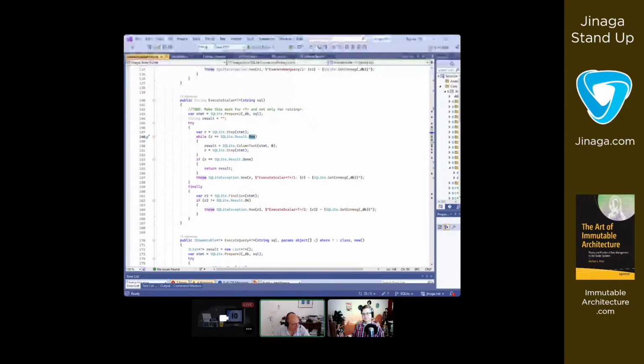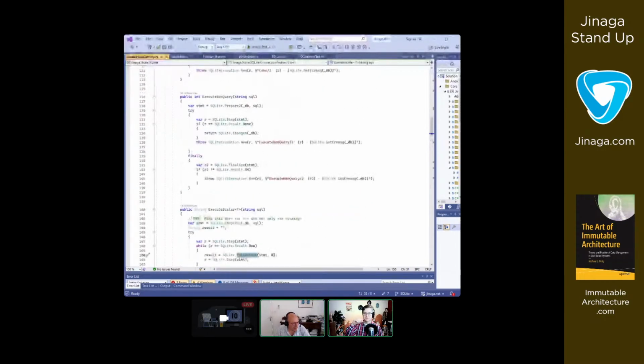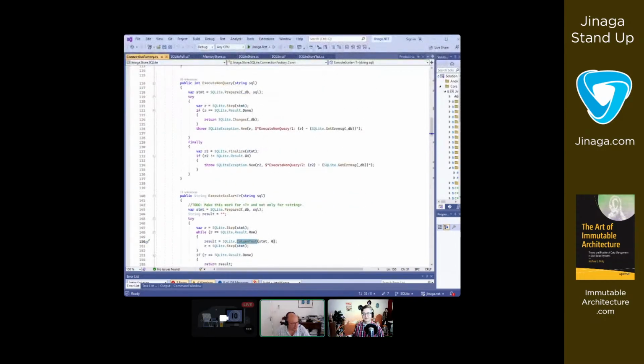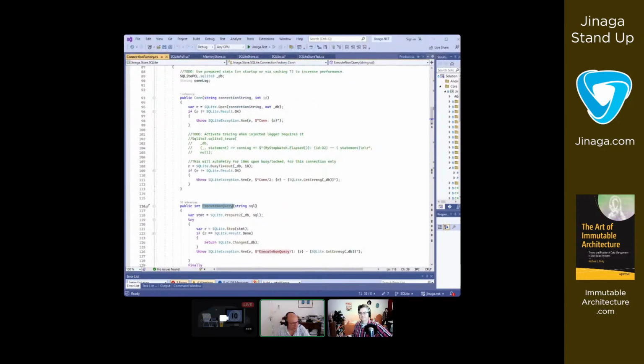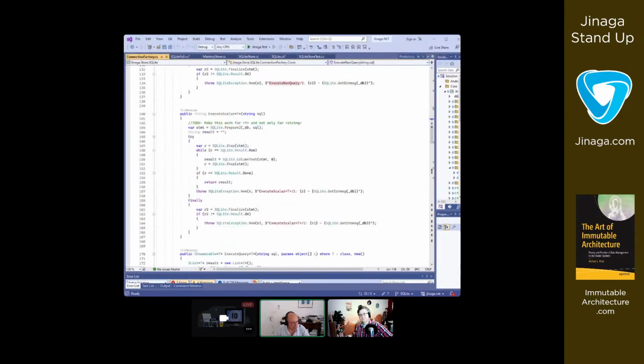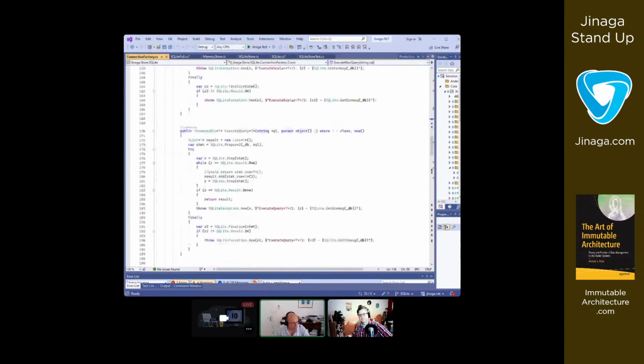I don't remember exactly why. Probably here the column text. So it's getting column 0 as text. Yeah, and then before we were also using a non-query, just to delete the things. But it's okay. We just have to build the parameterized thing now.